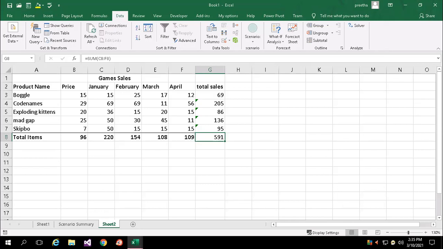Any doubts? Shall we continue, or do you want one more example? Okay. Let me give one more example, then I will complete this scenario manager.